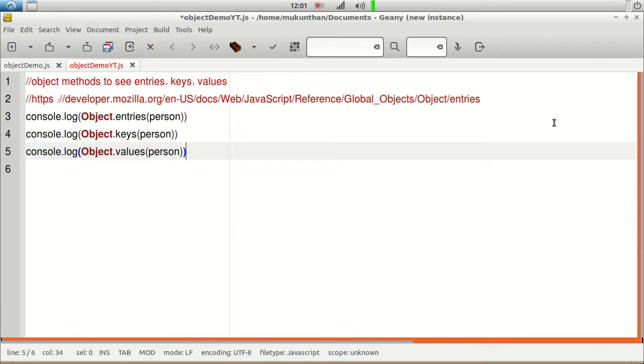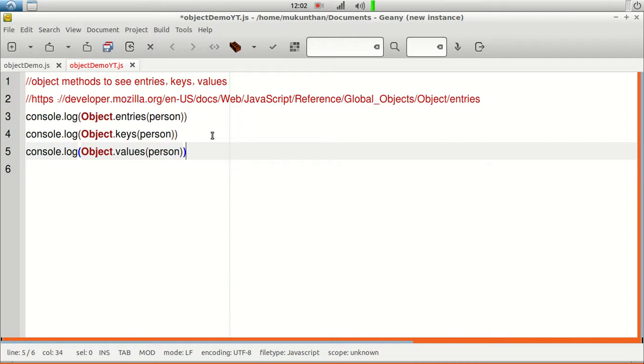Now we have seen there is a class called Object, even though we have not seen class and OOPS concepts so far. But let's consider you have some methods already available in the Object class. By mentioning Object.keys, you pass the object whose keys you want to see. Just now we discussed that an object is nothing but a combination of keys and values, right? So when you call this method, it will give you all the keys. If you call Object.values, it will give you all the values. If you want to see both combinations, then you use entries. Entries will be a list of lists, or let's say an array of arrays.